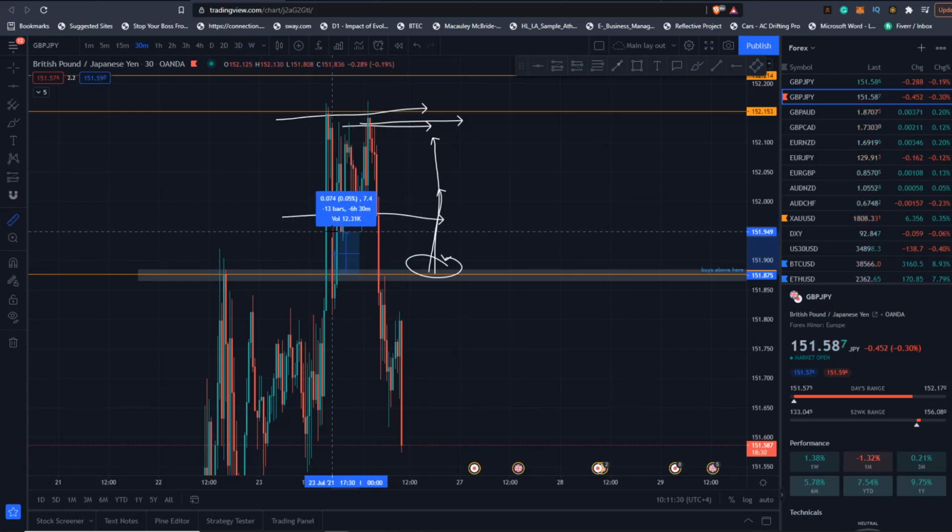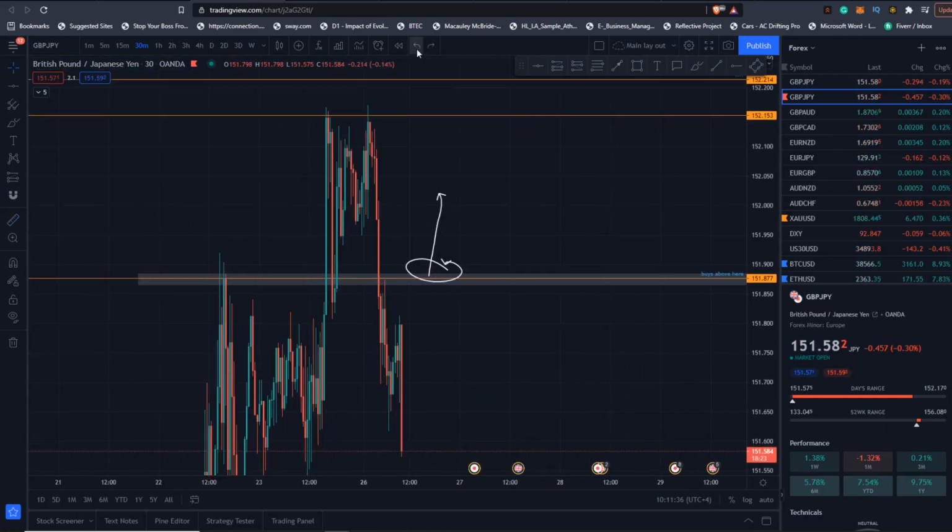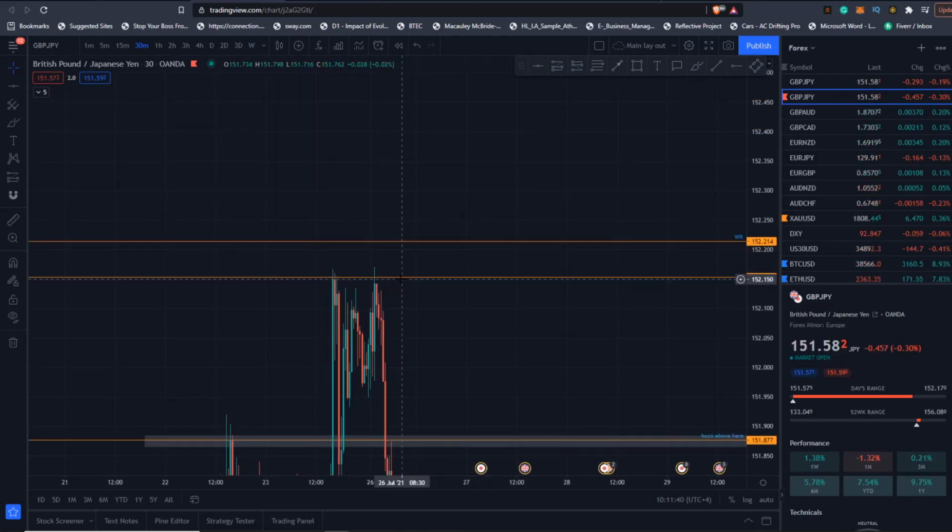Even this small resistance is 7 pips. So there would definitely be profits being taken already, and those would be your runners. Ideally, if you do miss the buys here, we have to look for price to make support above here to